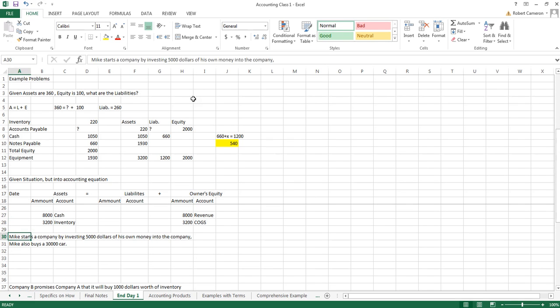Next, Mike starts a company by investing $5,000 of his own money in the company. Mike also buys a $30,000 car. So the first part, really easy. We did that, a lot of $5,000 cash, because again, this is from the company's perspective. So the company received $5,000 in cash, and now there's $5,000 in